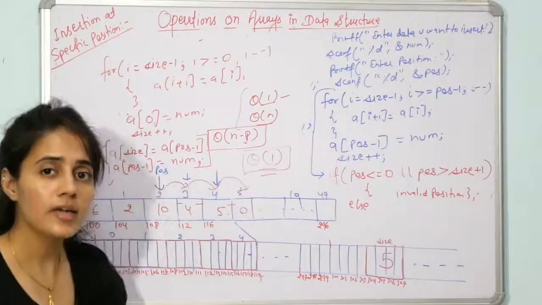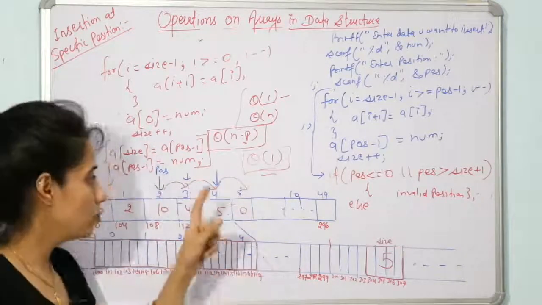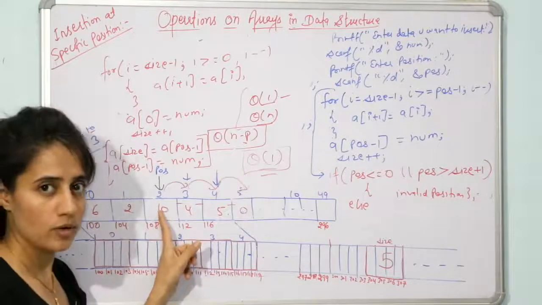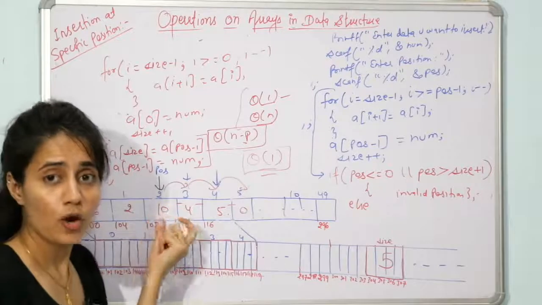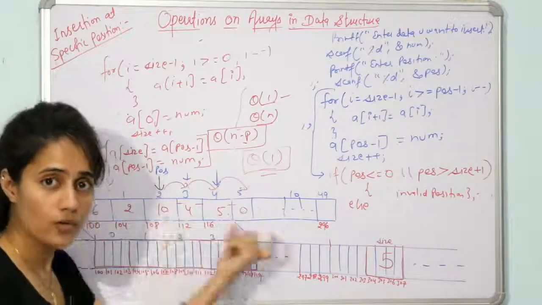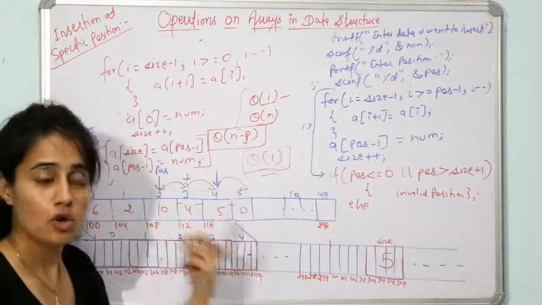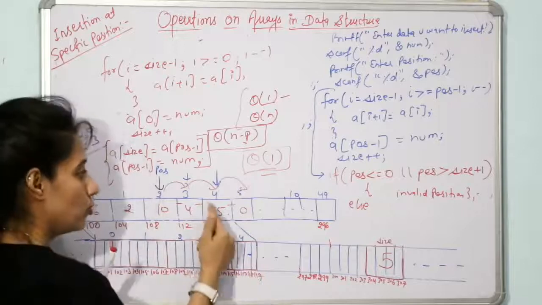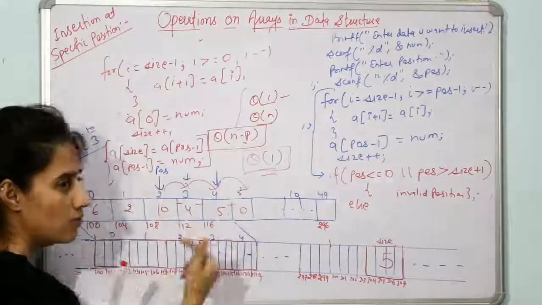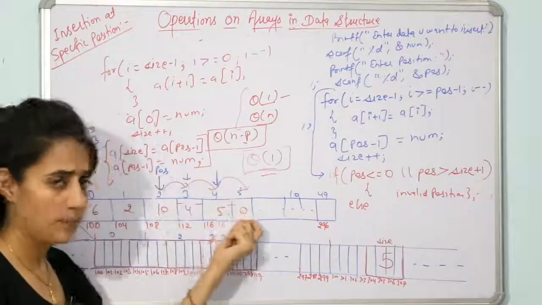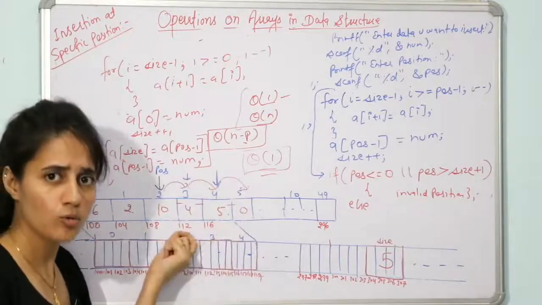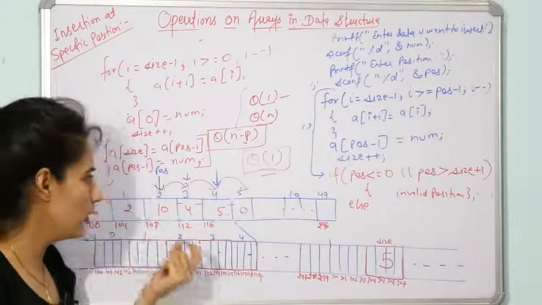In a sorted array, what you have to do? In that case you cannot do this thing. You cannot simply take this value, insert it at the end and do this thing. No, you have to take care of the relative ordering of the elements in a sorted array. In that case you are going to do these shift operations. So you can apply this shifting method in an unsorted array also, but the best method is what? You simply do this thing.